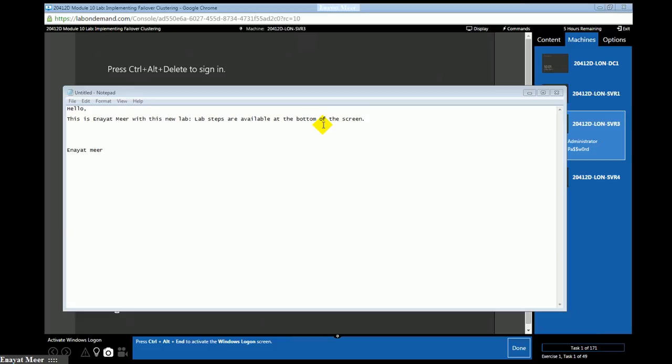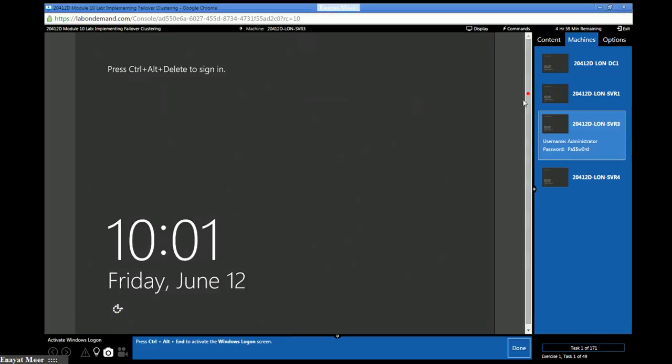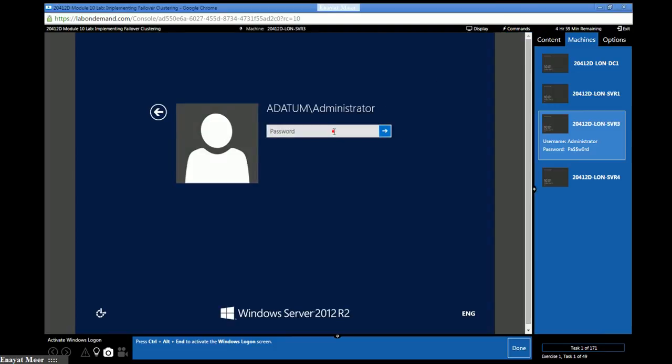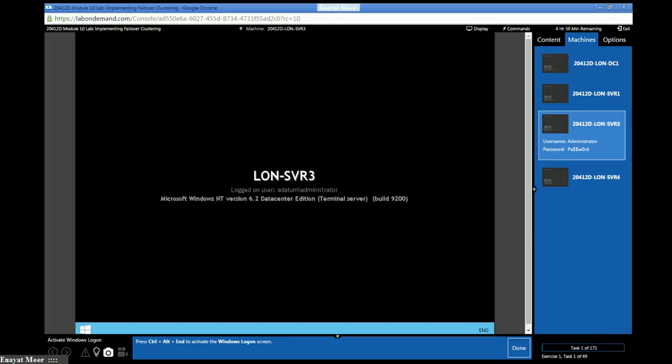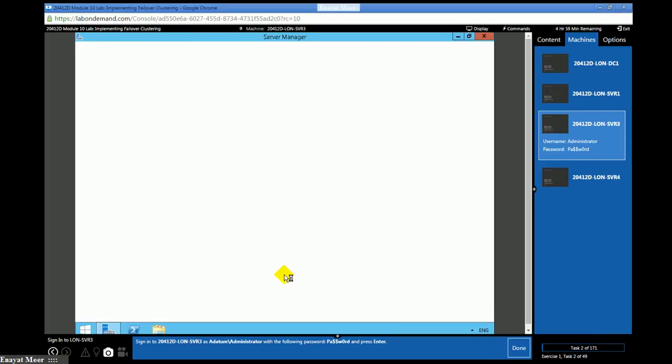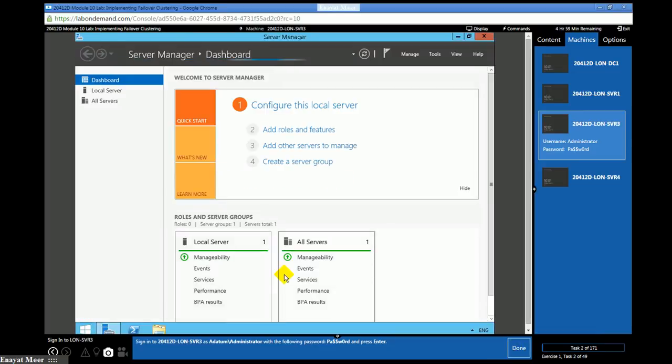I also would like to type what's going on behind the scenes or in front of you. The reason is that I want everyone to understand what's going on, and there are viewers who do not have audio. So again, the purpose of this lab or this demo is just to show you about Windows failover cluster. In my previous lab, I talked with everyone about NLB, network load balancing.